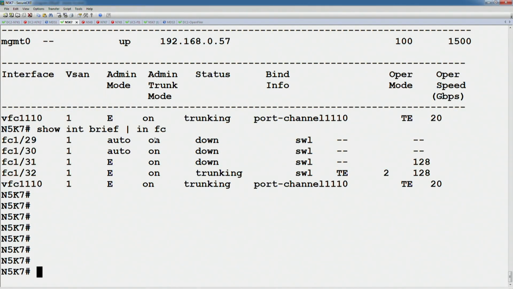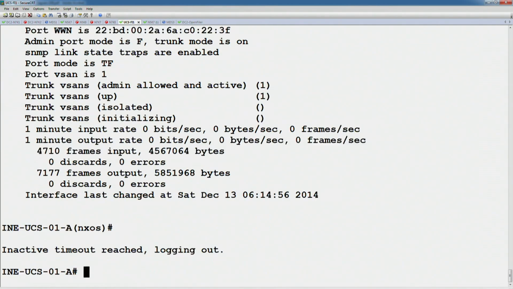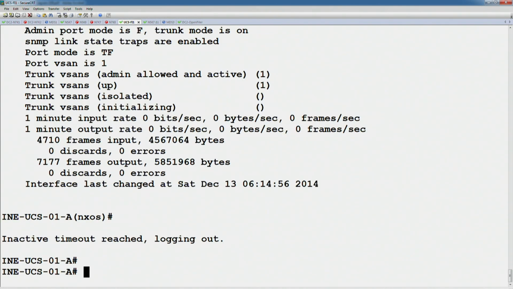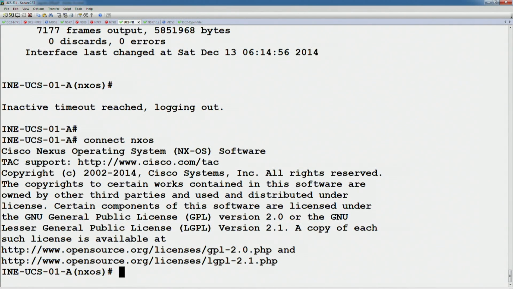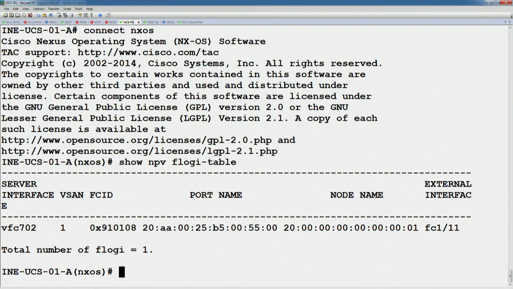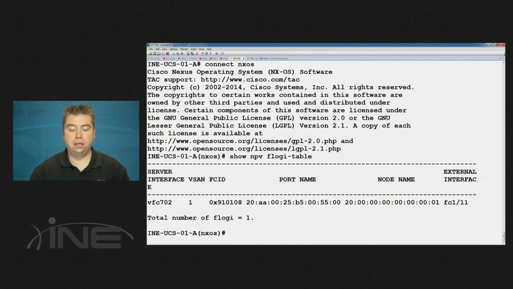Okay, there was a question here on the UCS side. When we look at the connection from the virtual interface card to the FI, so let's connect to NX-OS, and let's look at the show fabric login. Actually, no, show NPV flogi table. What this shows here is the virtual interface card. Make sure the vHBA that I had configured in the service profile, we see this logging in